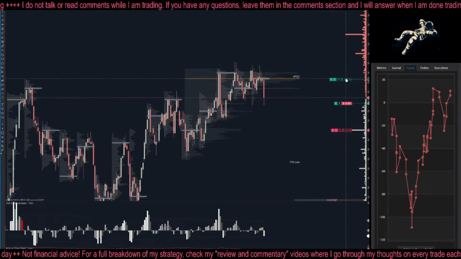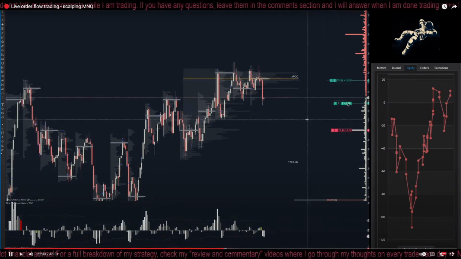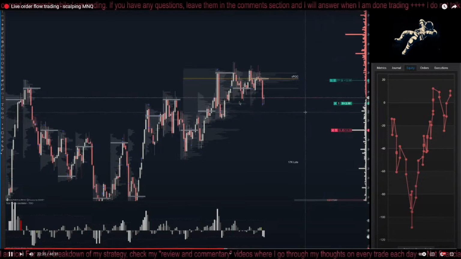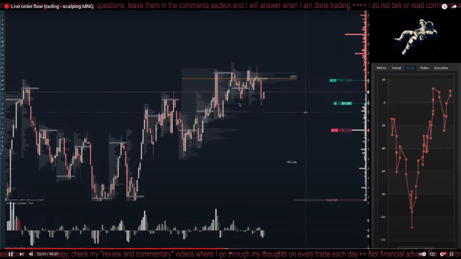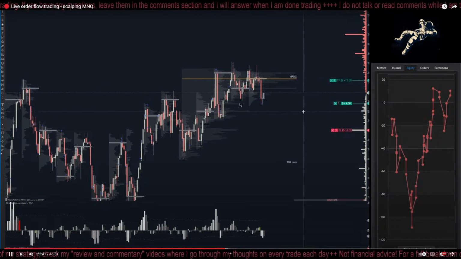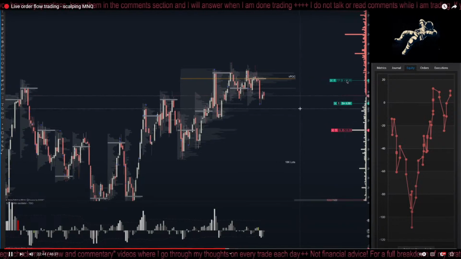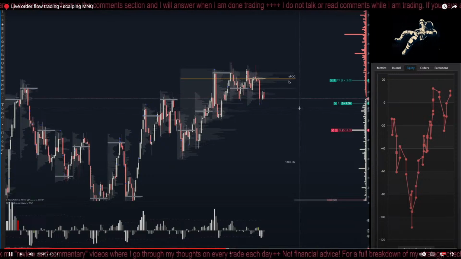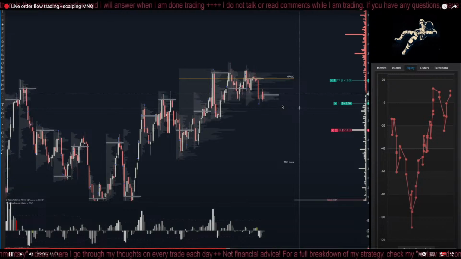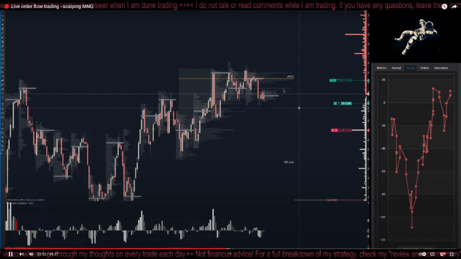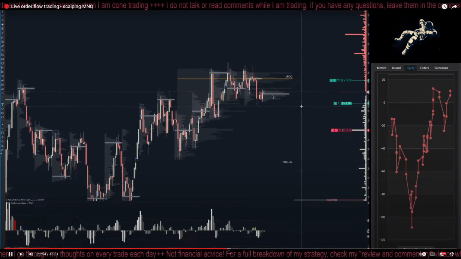Okay, again, the reason why I'm having this buy order here is liquidity down here below these wicks, and this is the high volume below that. Placing my take profit, same thing, right under the point of control. I don't know if we're going to get up there or not. Looks like they're trying, but also looks like they're getting rejected here. There's a lot of volume being formed also now, so